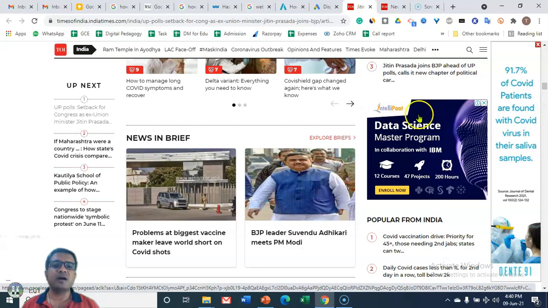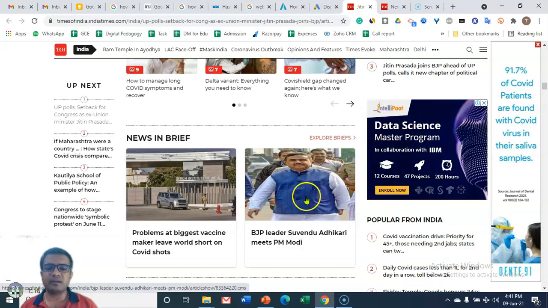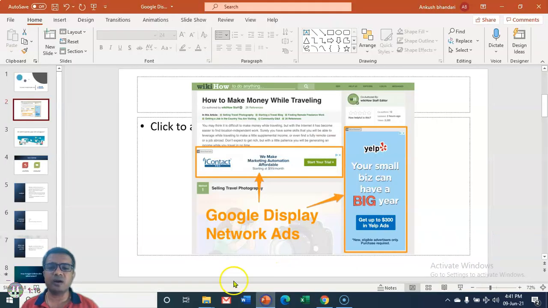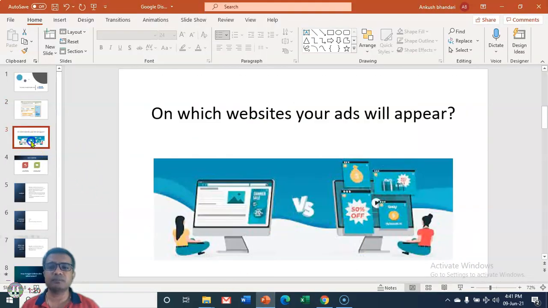That is why I am seeing this ad on Times of India. This is the way Google Display Ads help, and it's a very effective way of reaching many people on the internet. So let's start and understand the different targeting options which are available to us.